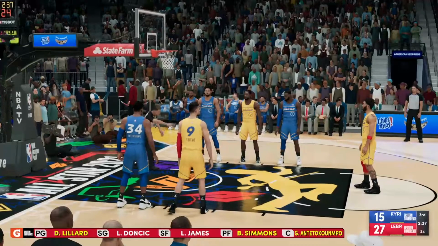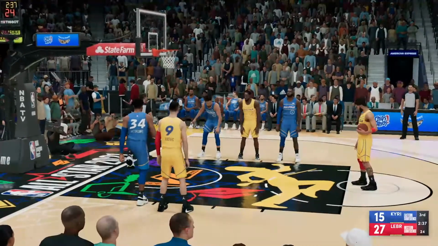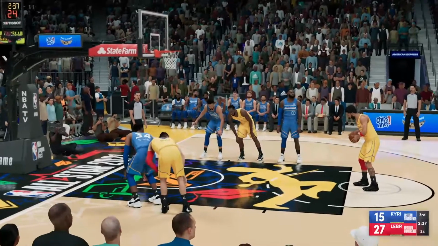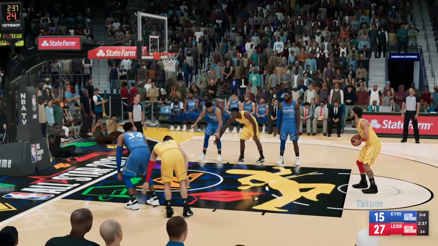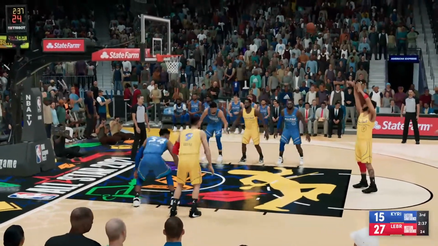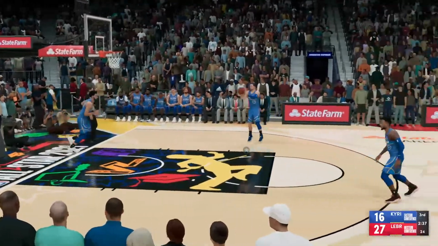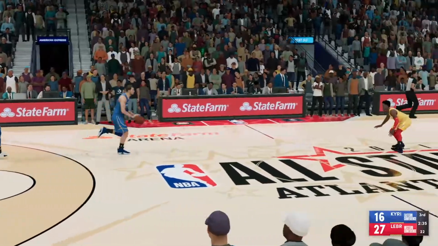Simmons checked in for the West. Lillard comes in for Stephen Curry. And then for the East, Vucevic checked in for Joel Embiid. And Donovan Mitchell subbed in for Bradley Beal. And good on the second, so he makes them both. A little under 2.5 minutes gone by here in the third.